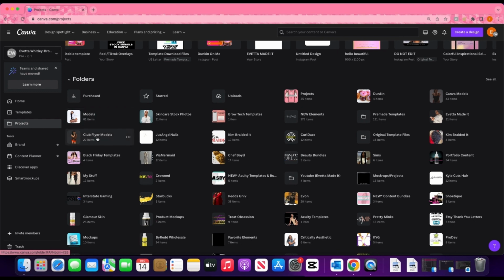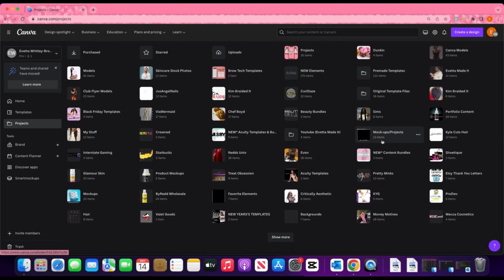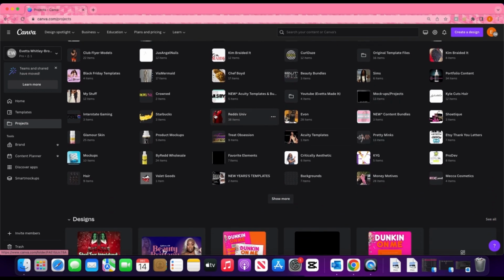The event flyers, like the club flyers, I have those models in a folder. Elements that I've added to Canva, I have those in a folder. All of my templates that I've created for Etsy and my website are in a folder. So just make sure you get your Canva as organized as possible, especially if you are going to be creating